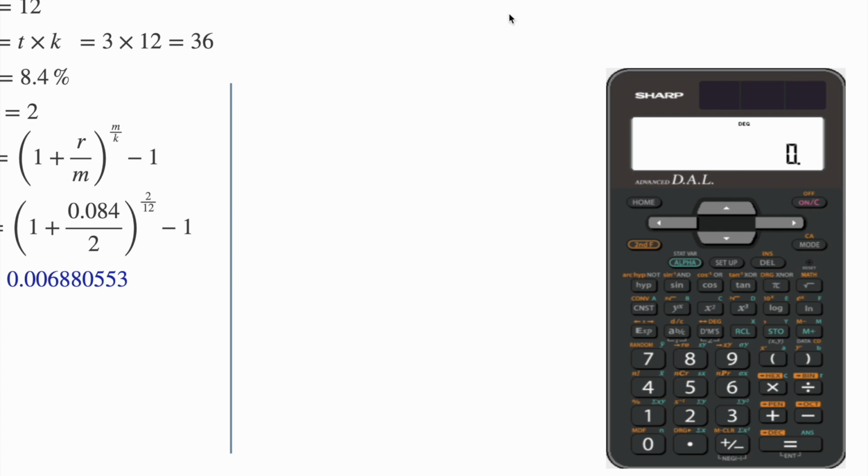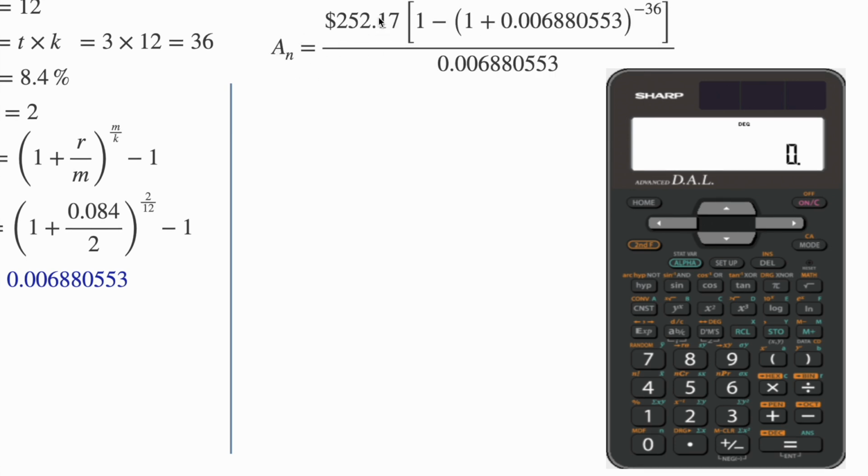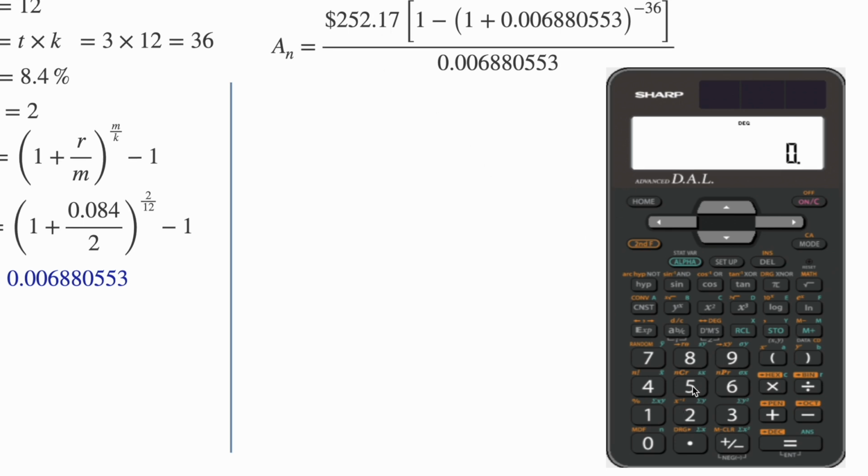So now I can substitute everything in the formula. Let's substitute everything in the formula. That is what I'm going to do. So I'm going to type 252.17 instead of R. Instead of i I will use this number that we already computed, and n will be 36. Okay, so let's do it in the calculator. So type 252.17,